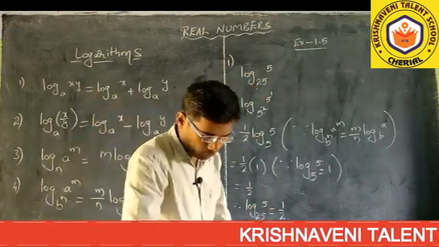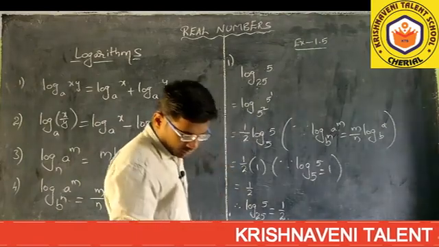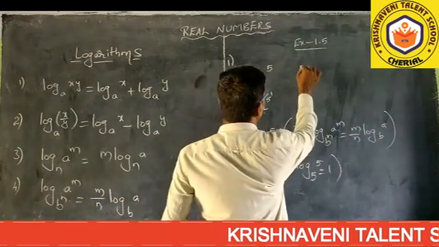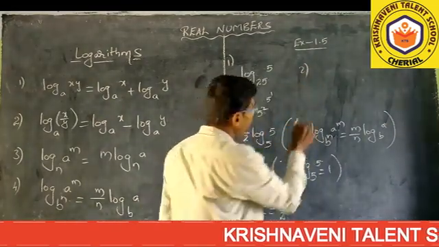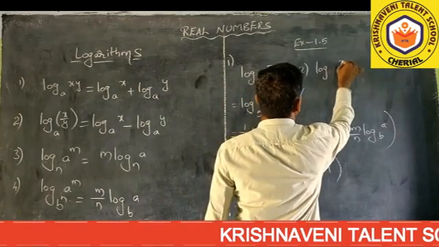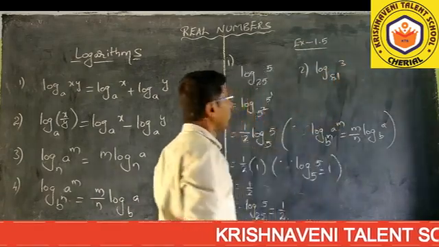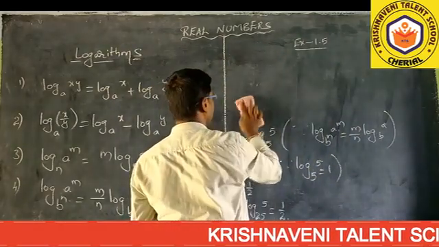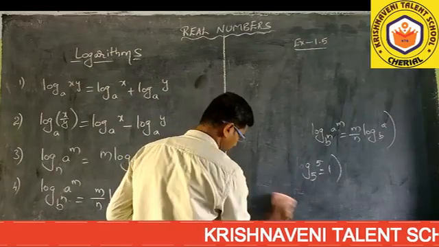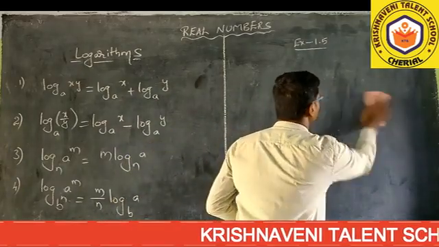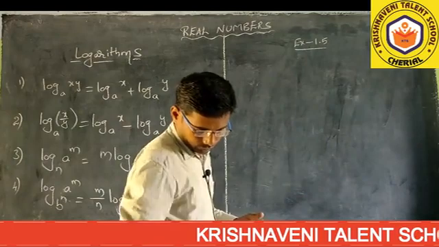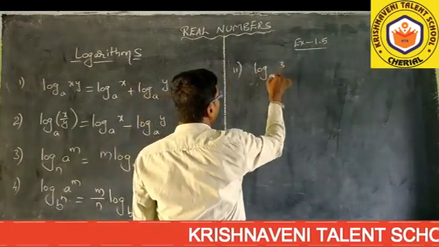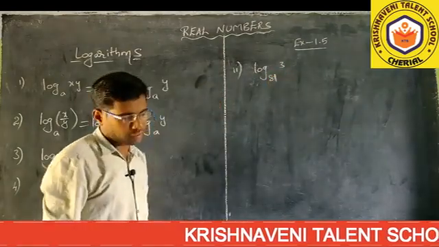Like this. Next, the second problem. In the same way, try the second problem as your homework. That is log 3 to the base 81. Okay, I will tell you, if it is somewhat different I will tell you. Second one, that is log 3 to the base 81 that he has given.